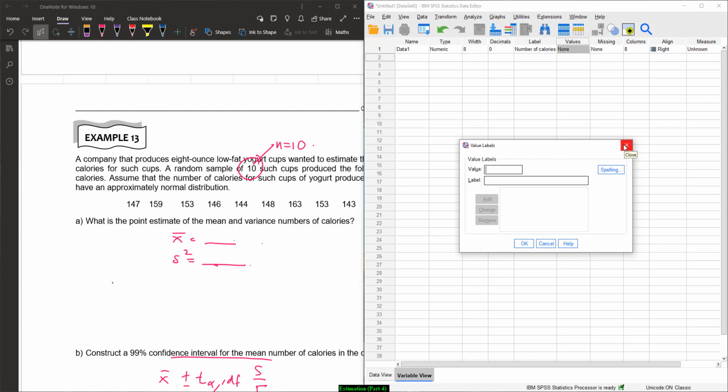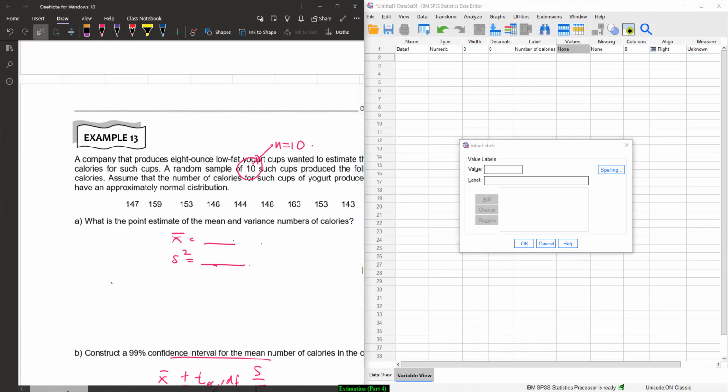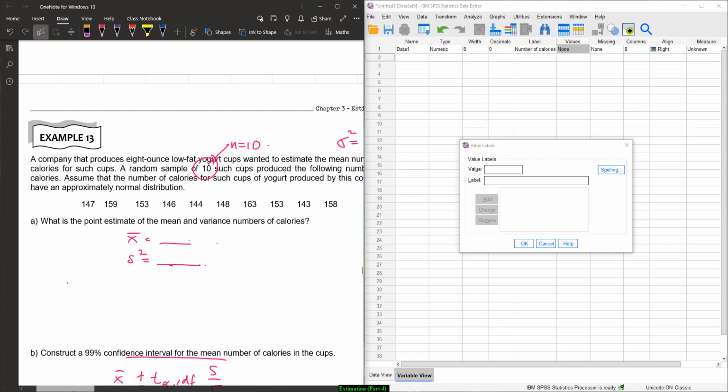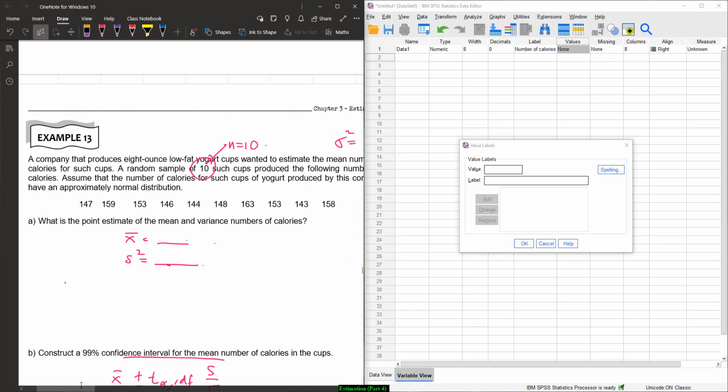Do you understand how to use SPSS? Are you familiar with SPSS before? Pernah guna SPSS? No. So, do you want me to give a very short lecture on SPSS? Yes, sir. Kalau you nak, yeah, I can do that. But